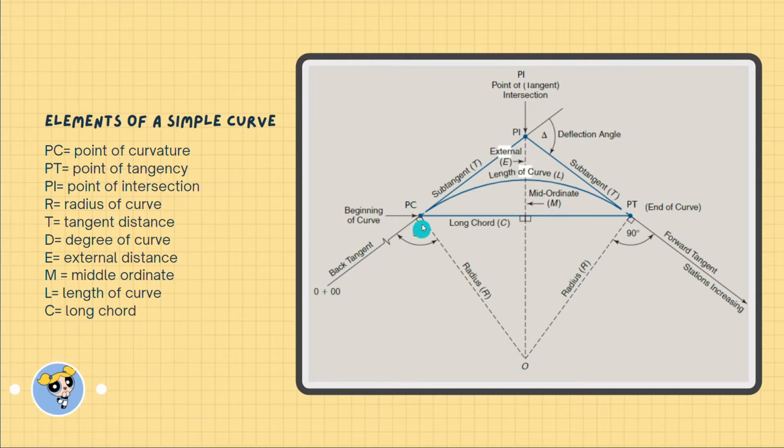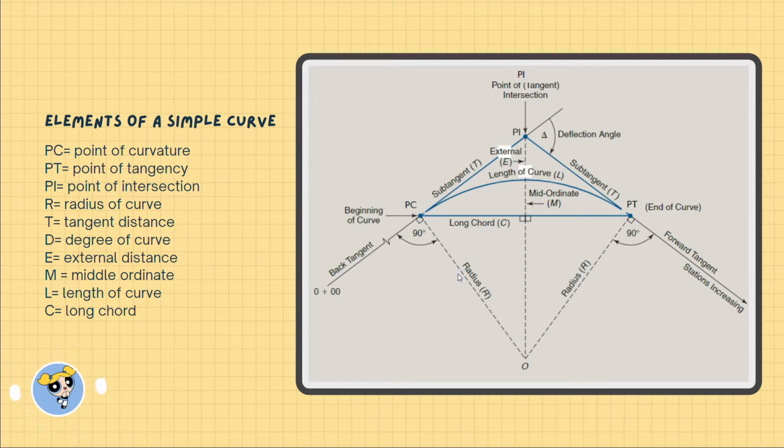From these 2 points, the point of curvature and point of tangency, down to 0 or the center of the arc, we form 2 lines as well. These separate lines are what we call the radius. It is the radius of the circle of which the curve is an arc. Take note that the radius and the tangent line, as you can see in the figure, are perpendicular to each